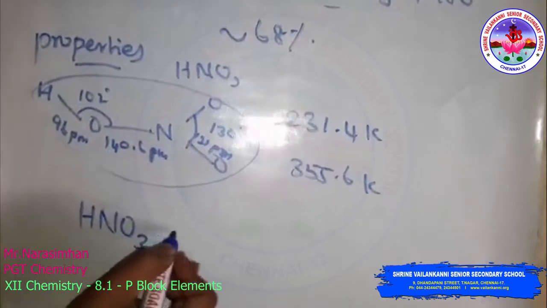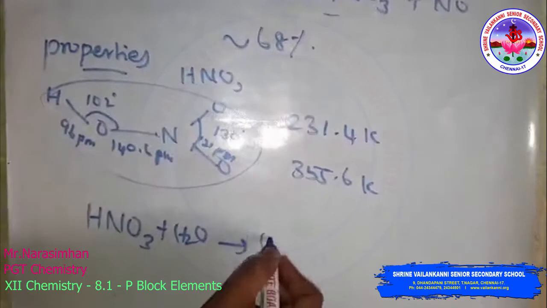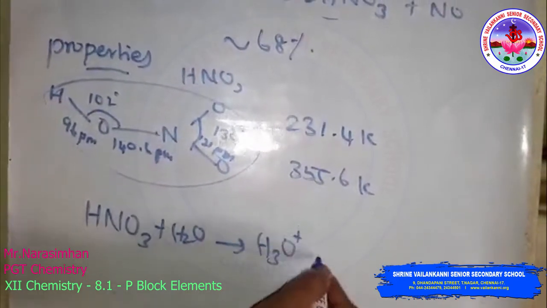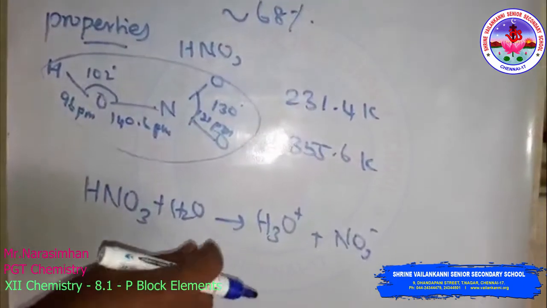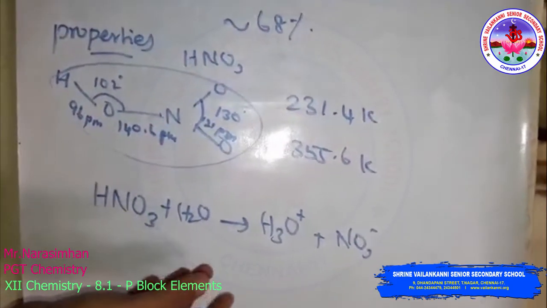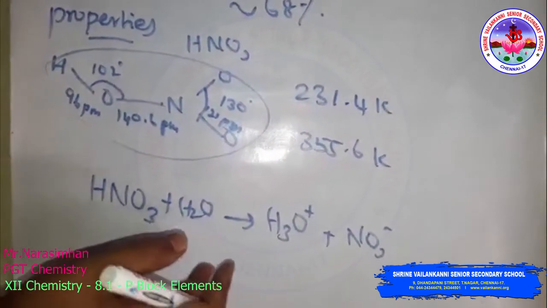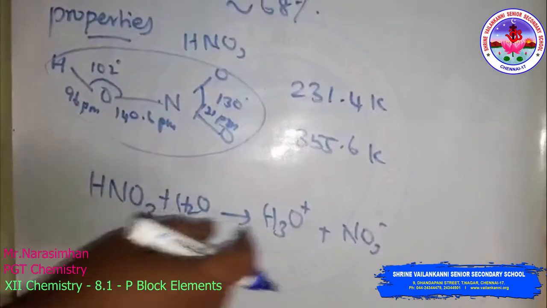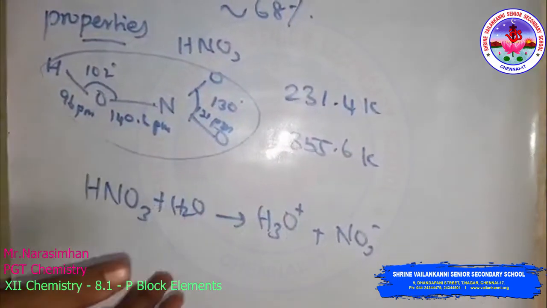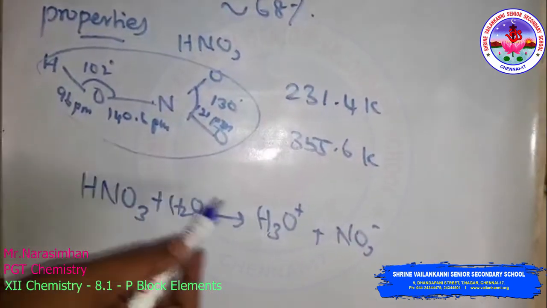HNO3, an aqueous solution of HNO3, produces hydronium ion and nitrate ion. Concentrated nitric acid is also a strong oxidizing agent. It attacks most metals except noble metals such as gold and platinum. The product of oxidation depends upon the concentration of the acid, the temperature, and the nature of the material undergoing